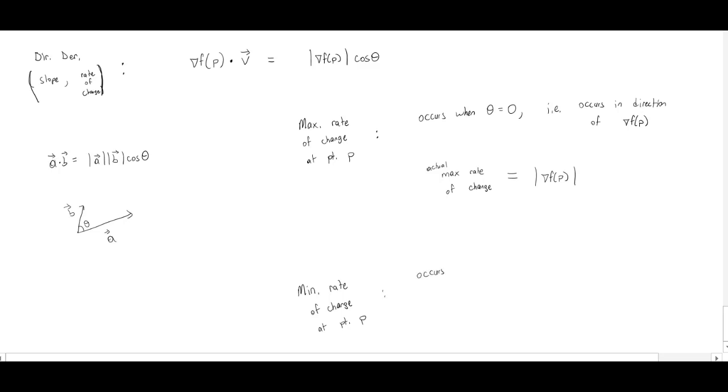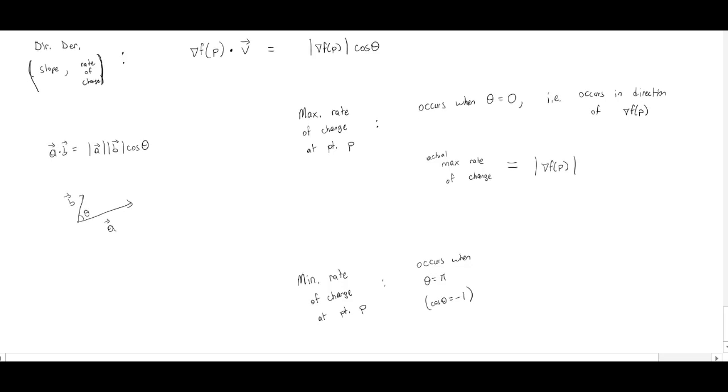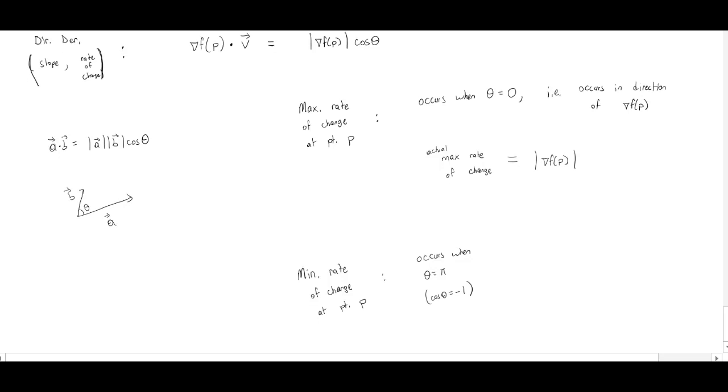So it occurs when theta equals pi, because then cosine of theta would be -1, so it would be the smallest possible value. If the angle between my two vectors is pi, that means they're in opposite direction of each other, okay? So the minimum rate of change, or the smallest slope, if you will,